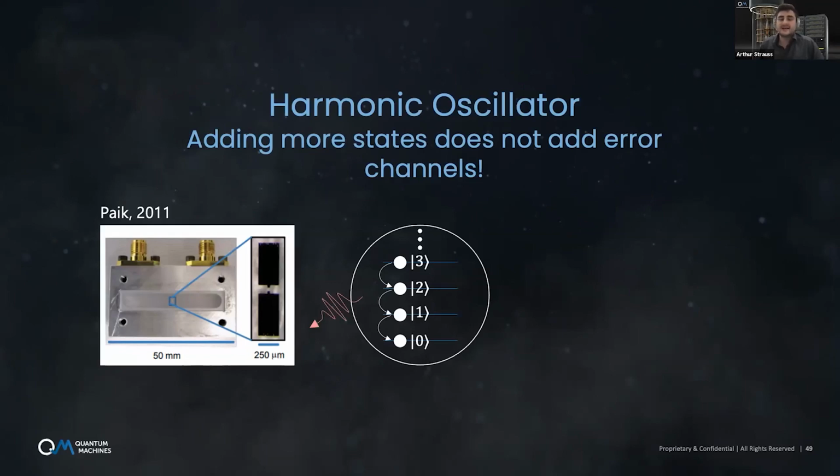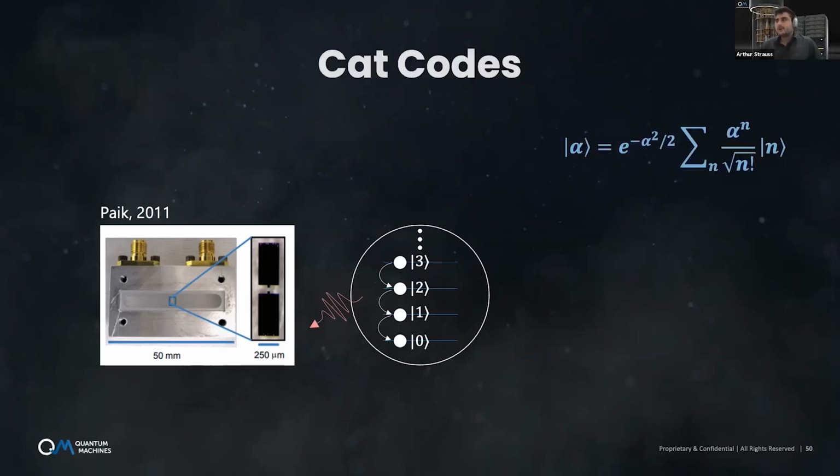So trying to find nice encodings around this very large Hilbert space that is spanned by all those Fock states. And the one I'm going to talk about today is the cat-qubit encoding. So the cat-qubit encoding, and I will motivate the name in a second, is based on the coherent states of light. So let me stay, for the sake of simplicity, in the cavity. So we will think about the